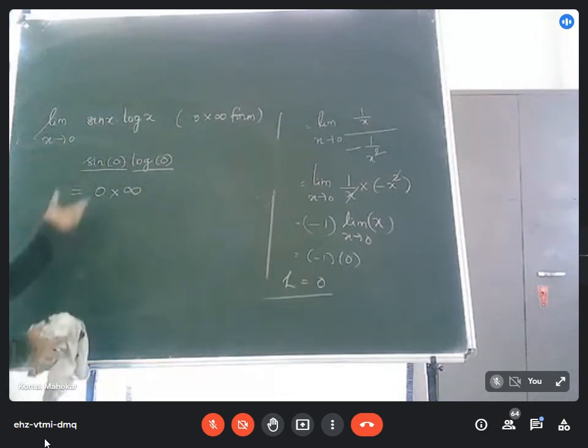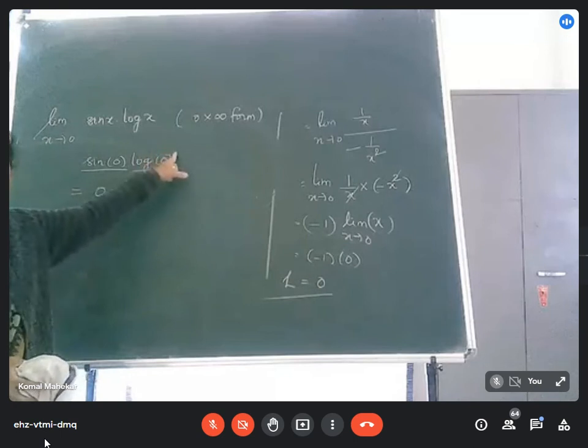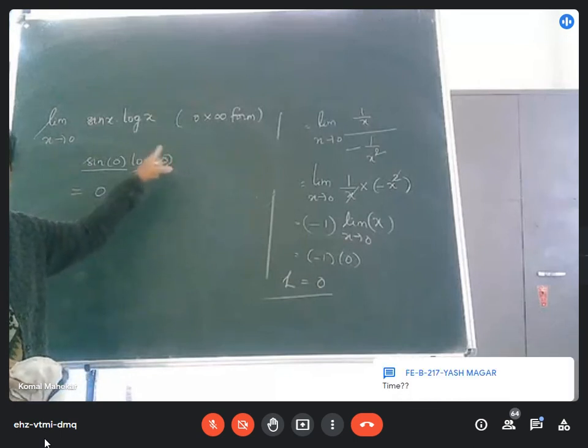तो 0 into infinity form में हमने आइडेंटिफाई कर लिया है फॉर्म, तो ये डायरेक्टली सॉल्व नहीं होगा, इसको हमें एडजस्ट करना है. ओके,